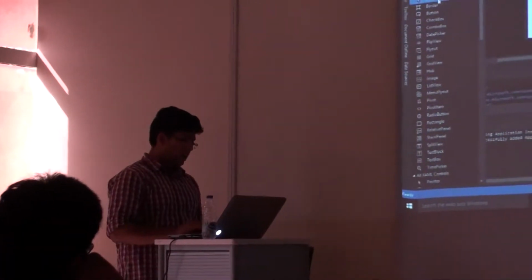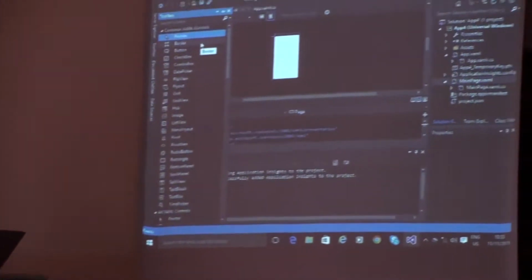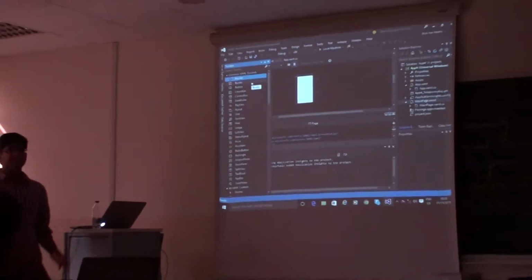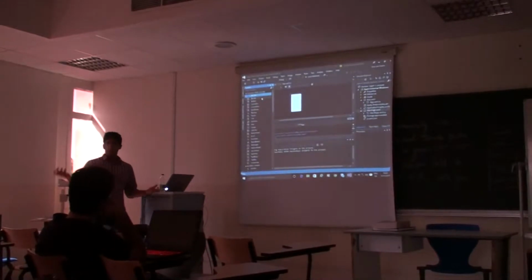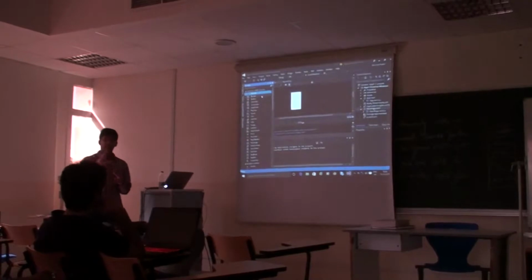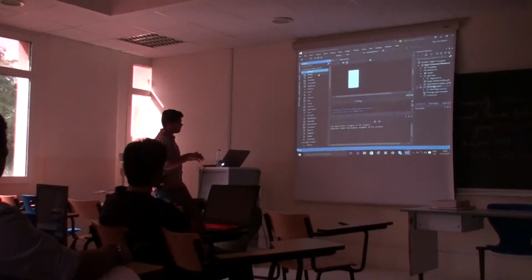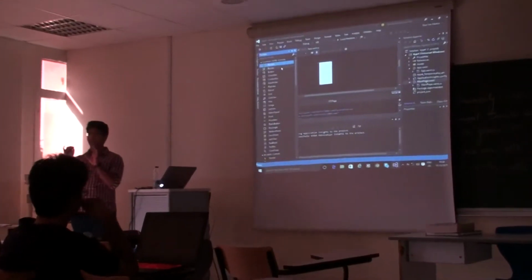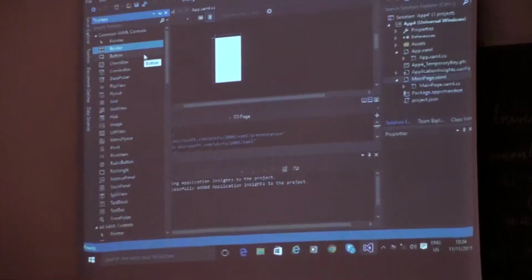Cool. Okay. The first control, pointer, we won't be using that because pointer has basically gone out of fashion. Pointers are basically for touch screens, to show you where the cursor is. But nowadays, touch screens have advanced so much that you don't actually need a cursor to show you exactly where you're pointing. So that's gone out of fashion. I would recommend you guys not to use it because it will make your app look a bit out of place. Then comes border.